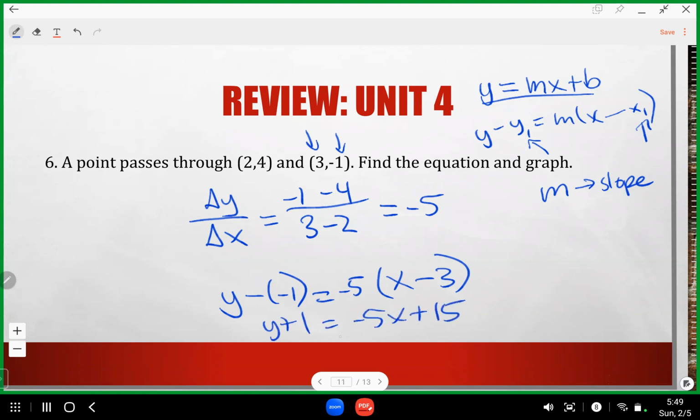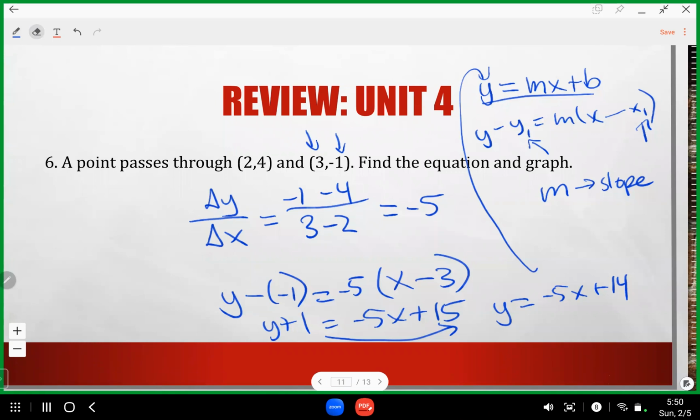And then you just move the 1 to this side. It's going to be y is equal to negative 5x plus 14. So why did we move the 1 to the other side? That's because we want to change it to slope-intercept form. By moving the 1 to this other side, we just turn it into slope-intercept form, and now we can graph. So now we can graph using the slope-intercept form, or